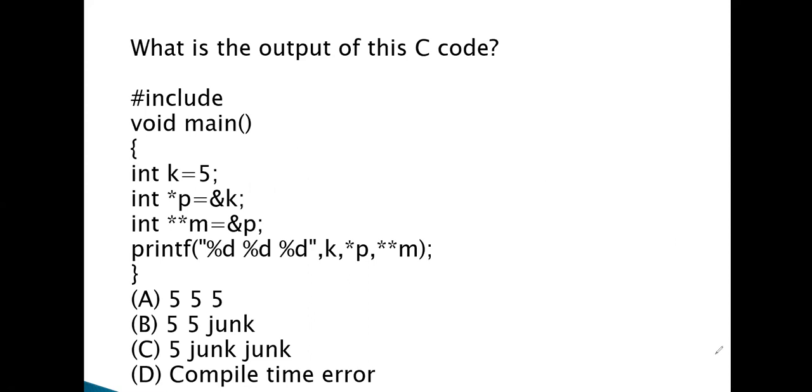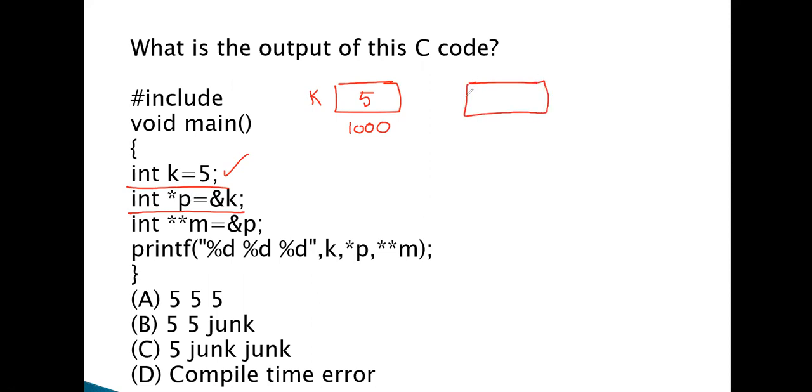A simple example. int k is equal to 5. What happens? In variable k, value 5 is stored. Assume the address of k is 1000. After completion of this step, this has happened. Suppose after completion of the second step, int *p is equal to &k.